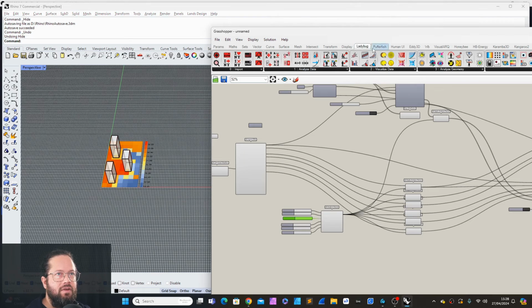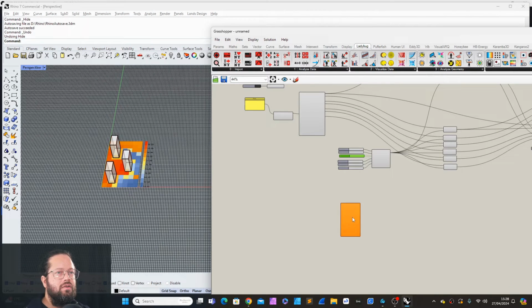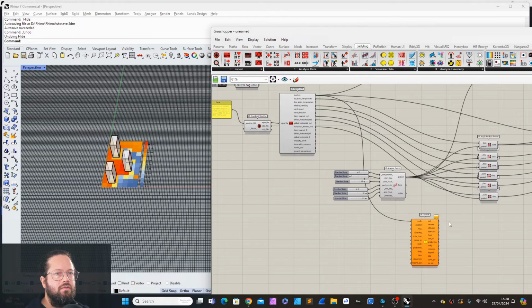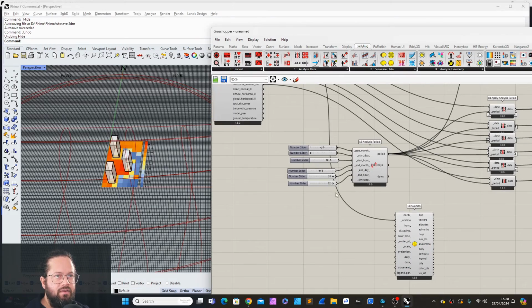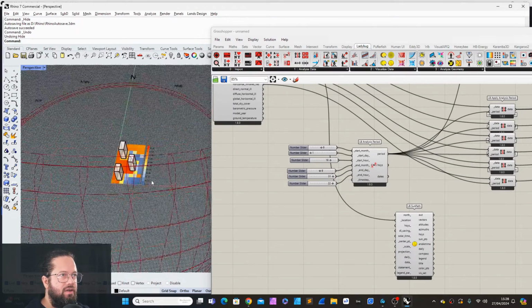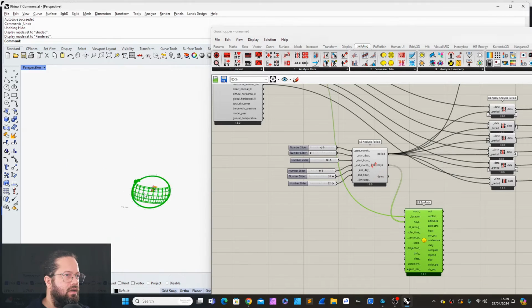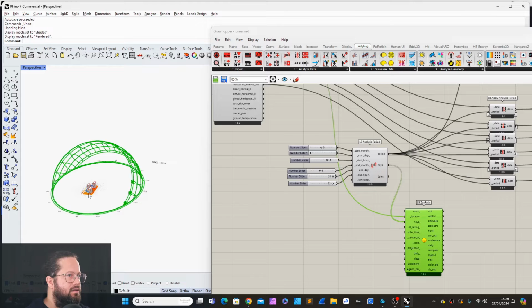By the way, if you want to see that sun path, if you want to see the location of the sun, you could, oh, sorry, this is not the right one. Disconnect location. And instead of using every hour of the year, we could go here with our period. It's the hours of the year. We can place this in here. What else do we need? Center point, sun points. Yeah, it's nicer to look at. Yeah, so we limit,